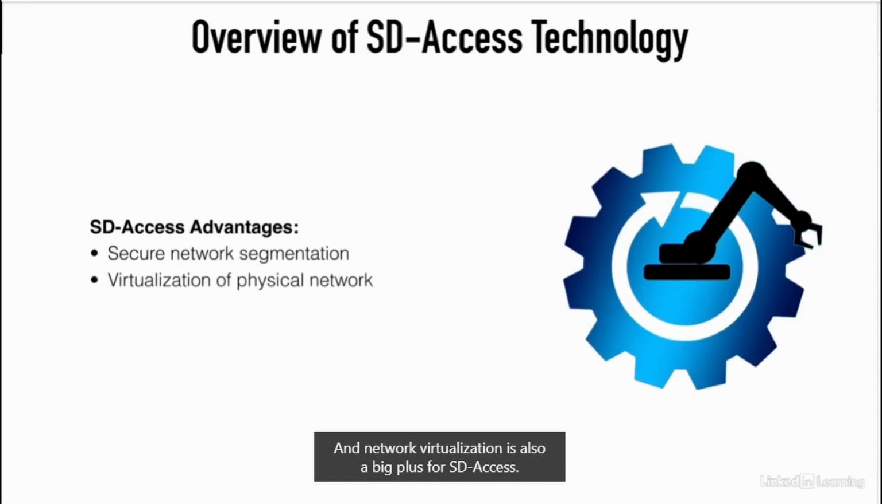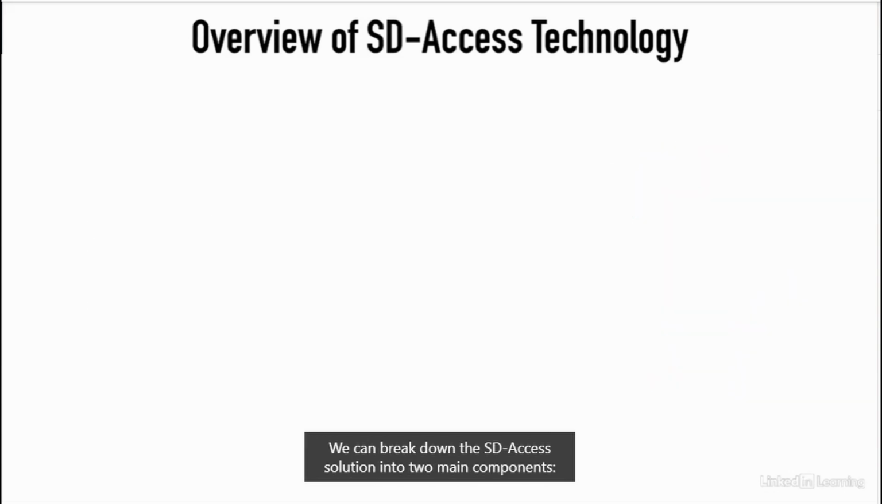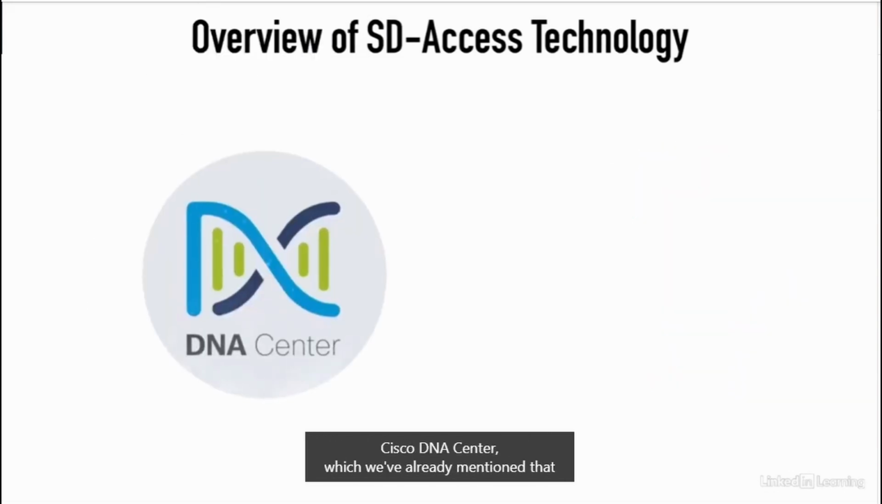And network virtualization is also a big plus for SD-Access. This allows our single physical infrastructure to be separated into multiple virtual networks. Each of these virtual networks can have their own set of access policies that are created and enforced through SD-Access. We can break down the SD-Access solution into two main components: Cisco DNA Center, which we've already mentioned,